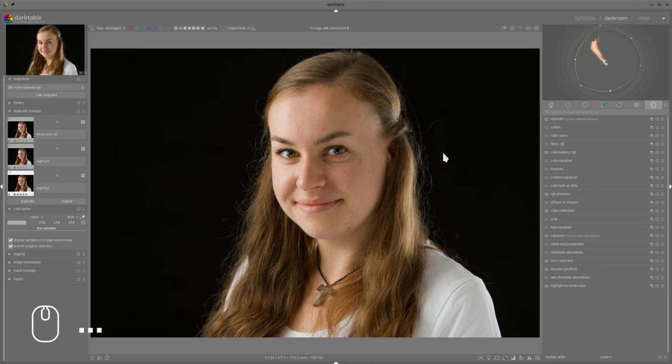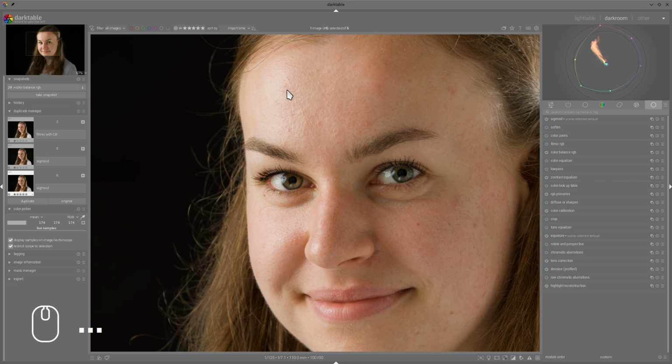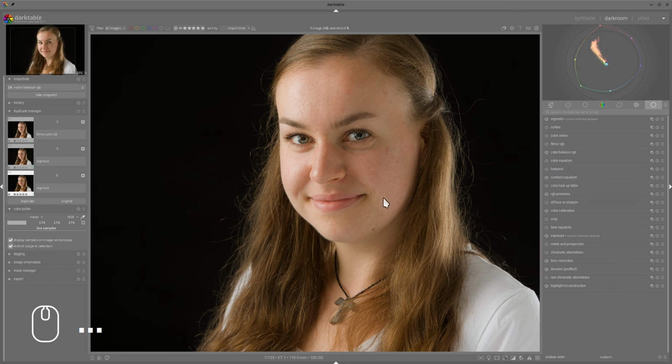Now what else needs to be done? I will maybe also use contrast equalizer, because I would like to address this quite high glowing area. And I will just use that coarse part of the local contrast and lower it down a little bit without losing the sharpness. So the fine part we can leave as it is. As you see, now we have a bit more smooth transitions in the skin, and maybe I can use one more